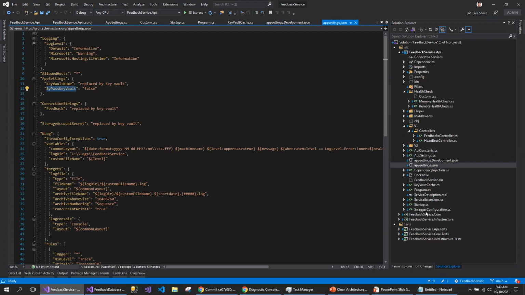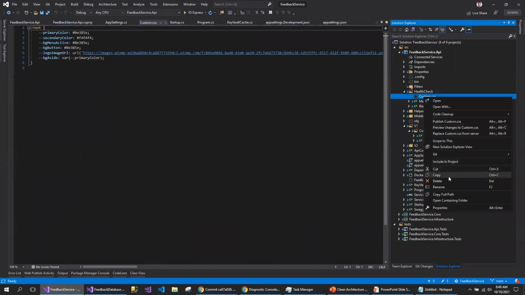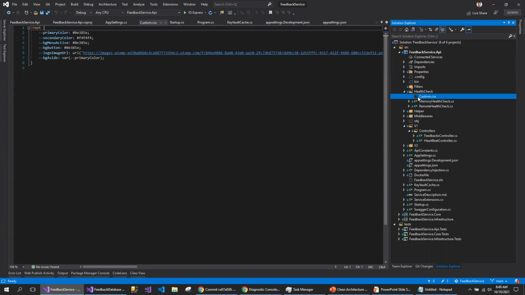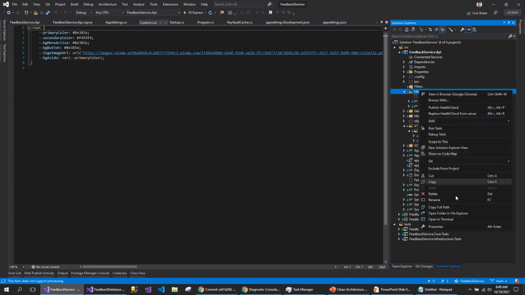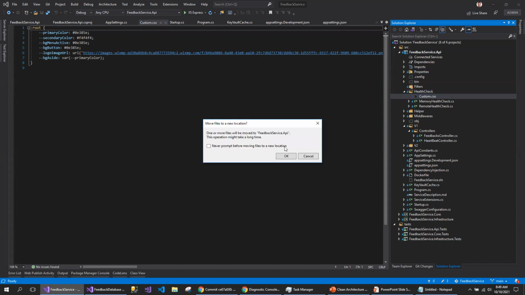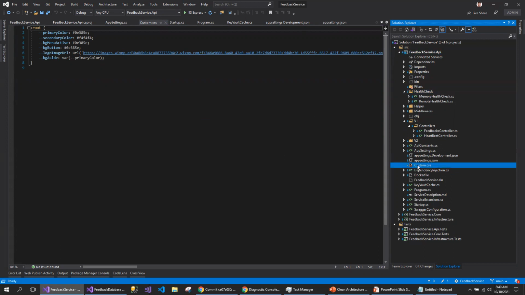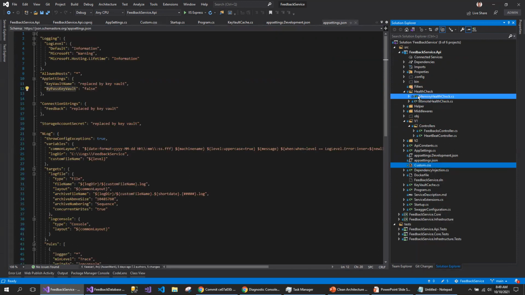As I mentioned, I'm getting an exception on this custom.css file, which I added earlier. So let me try to include it in my project. That's weird, I'm unable to include that in the project. So let me quickly go into the file. I will try to keep it outside. Now it picked up and added in the project. I don't know why that is so strange.